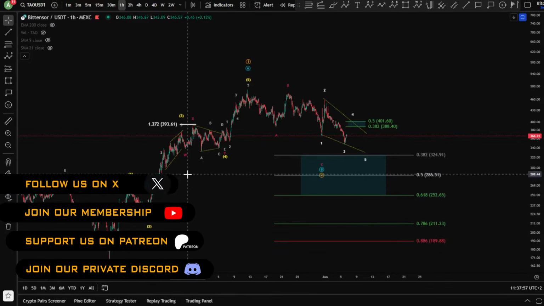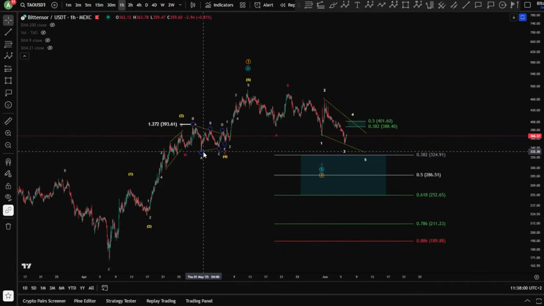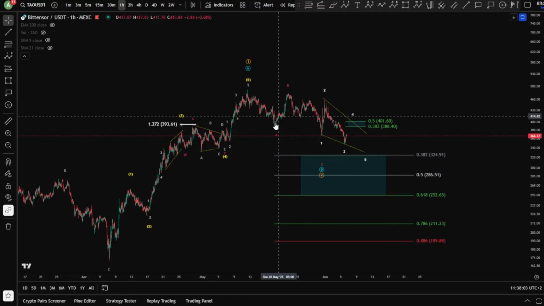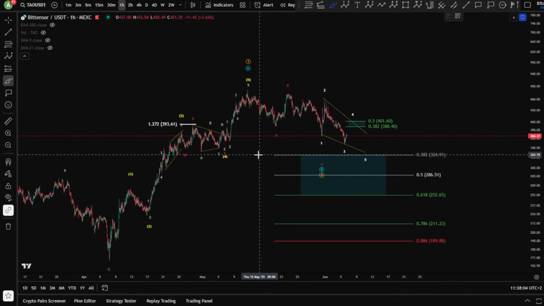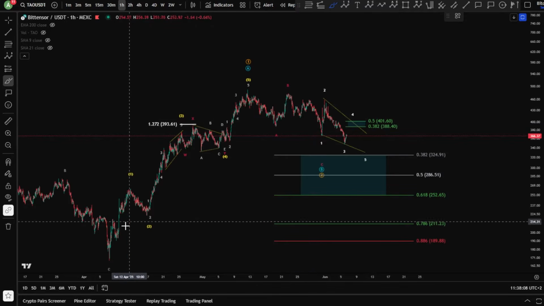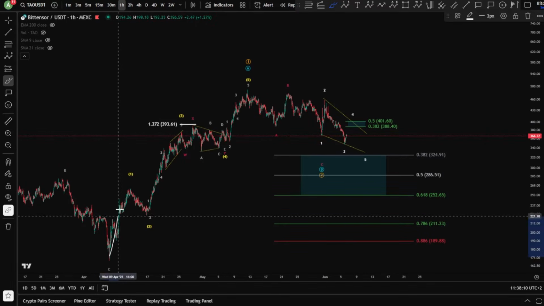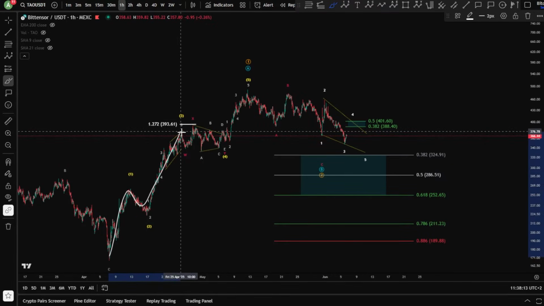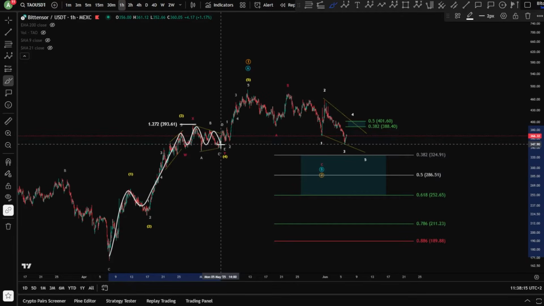Hello everyone, welcome to a new video for TAO price prediction based on Elliott wave analysis. Starting here on the 1 hour chart for TAO to see what is going on, what happened lately and what might happen next. So basically we have a 1, 2 and then 3 wave, 4 of course triangle given, and then